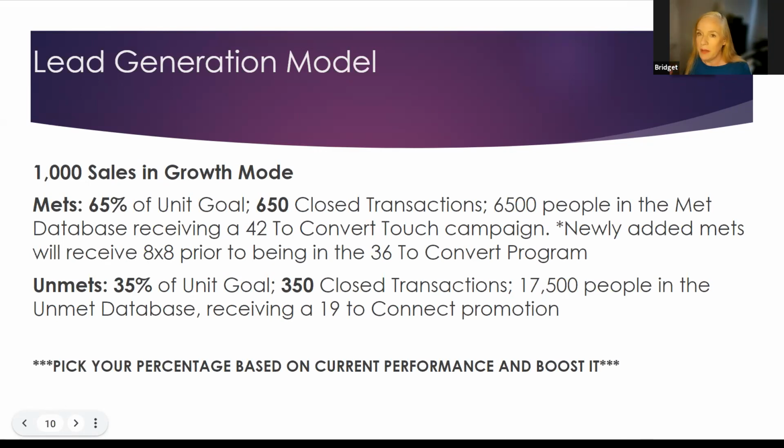come from unmets. Now the unmets, that's going to be a combination as well of the people in your database that meet those criteria I told you, like sign calls or voicemails that were left or internet leads, fill in that blank. But the biggest part of the unmets, that's where you're going to want to, with purpose and intentionality, increase the number of people that you know.